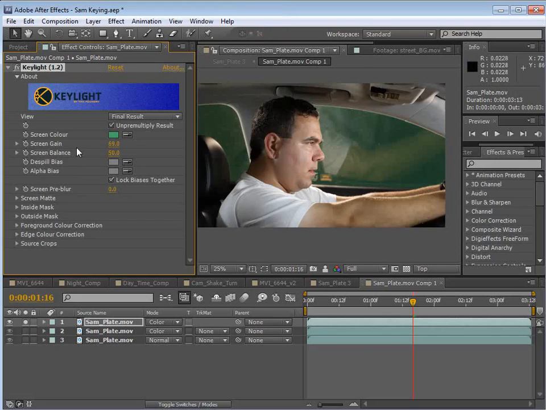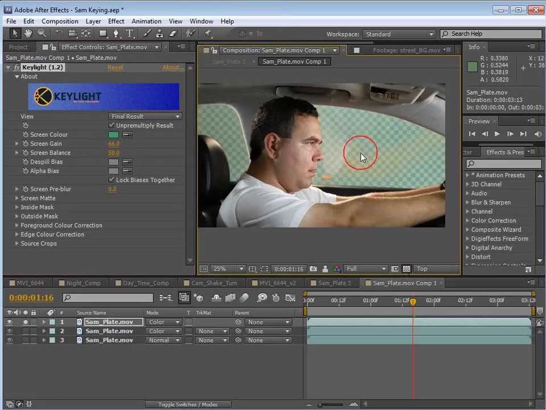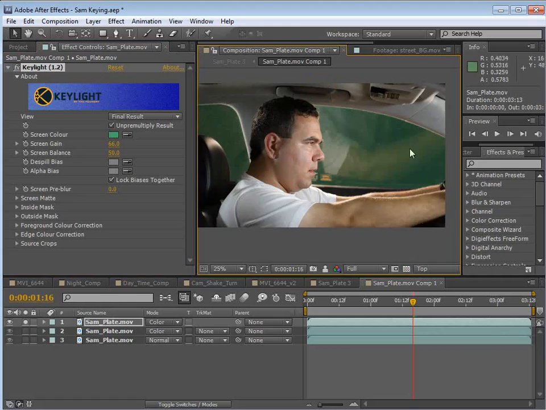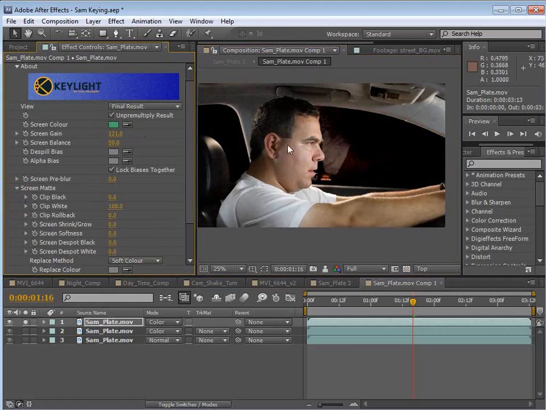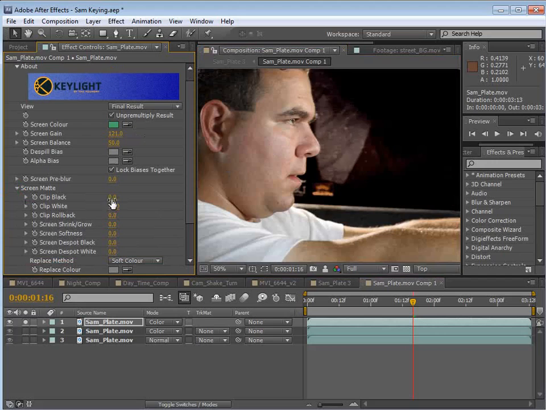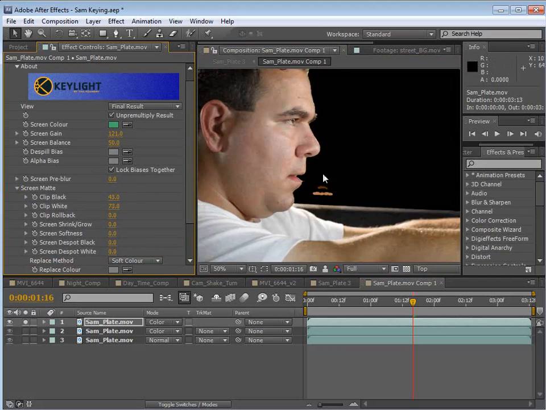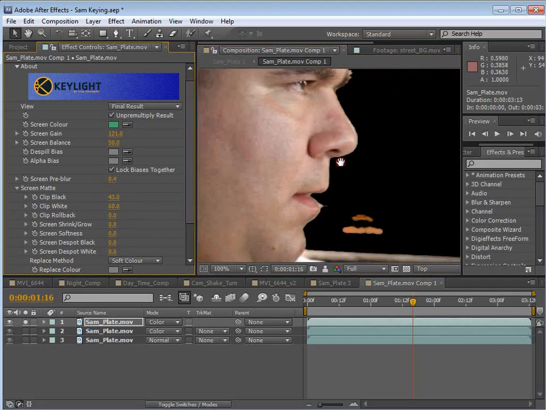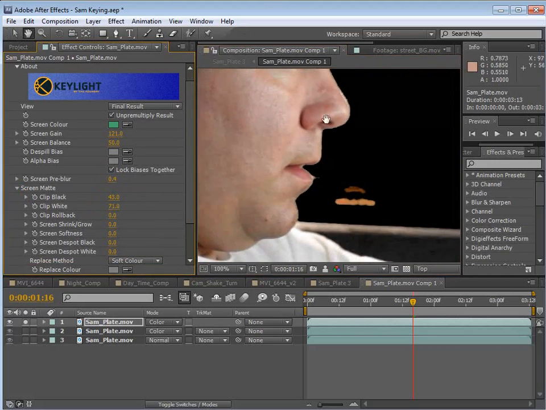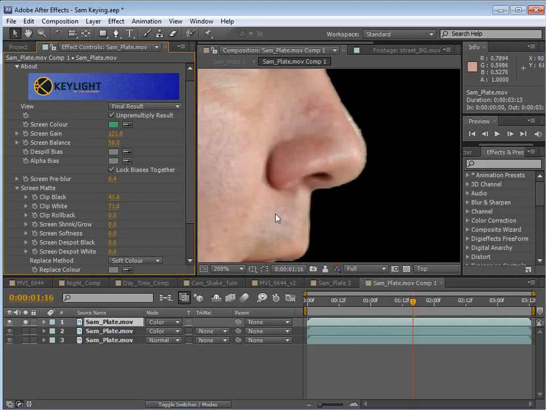So we're going to set the screen gain to a lower amount so that we can kind of see some of those details left in the shot. But for this case, I actually want to crank this up pretty high, and then I'm going to go into the screen matte and crush all of those details. So now we have a really, really sharp, jagged looking matte, and this is perfect for what we need right now. Now the edge is a little hard, so I'll set the screen softness to about 2 or 3,